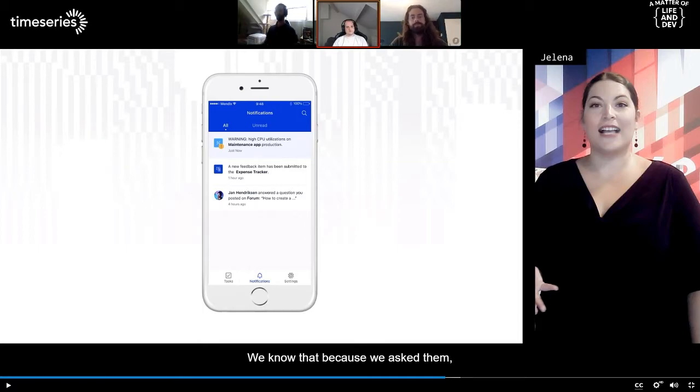Maybe I'm a little skeptical, but if I want to get this notification on my phone, then I want to be able to respond to the notification from my phone. I want to be able to, I don't know, at least restart the environment. And I'm not sure if that's possible. I kind of get what you mean, but I think you need more information to decide if you want to do something like that.